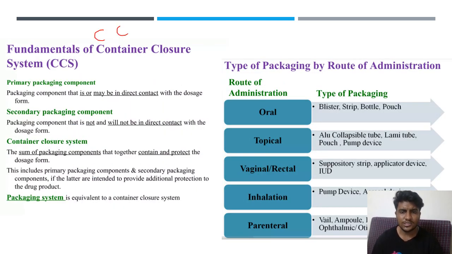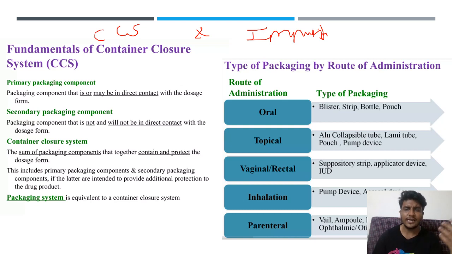CCS, container closure systems, and impurity profiling. These are two important features of regulatory affairs. So when we talk about container closure, there are different kinds of packaging: primary, secondary. Primary means it comes in direct contact with your product. Secondary means it is not in direct contact with your product, but it is in direct contact with the primary